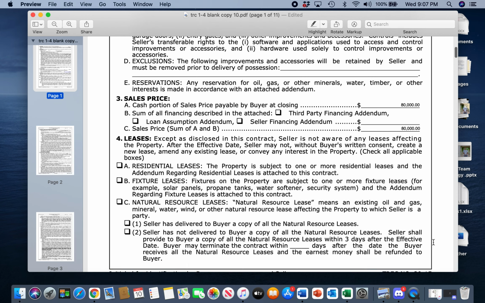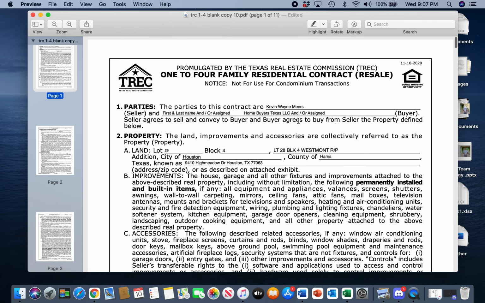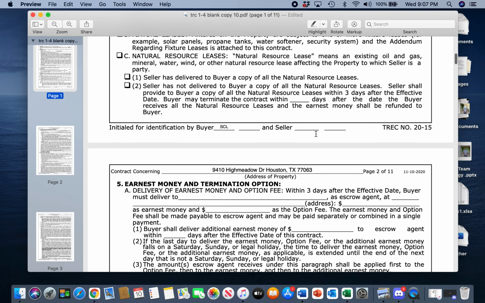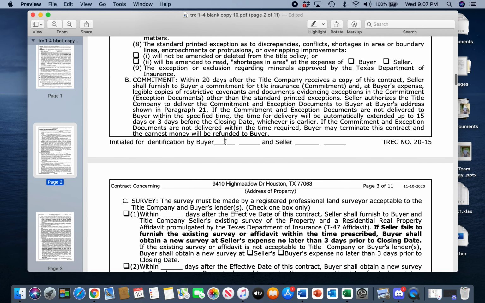Okay? Bam. All right? Now, my initials are SEL, and then the seller's initials is going to be Kevin Wayne Meir, so that's KWM. Okay? So that's going to be KWM. So while I'm already in this mode, I'm going to go ahead and do this for every one of the pages,